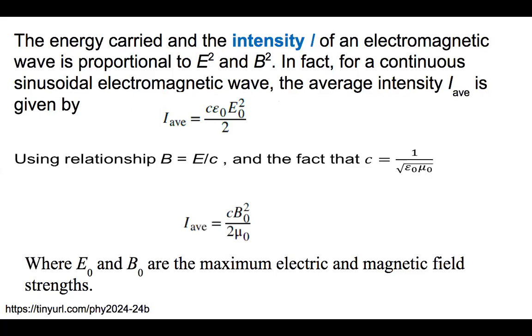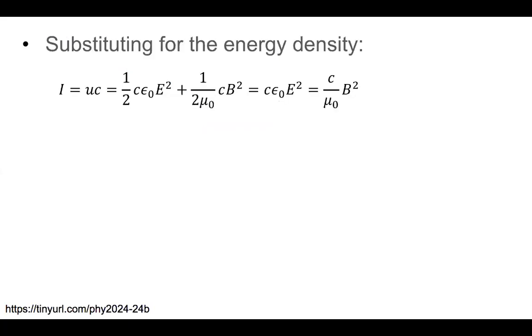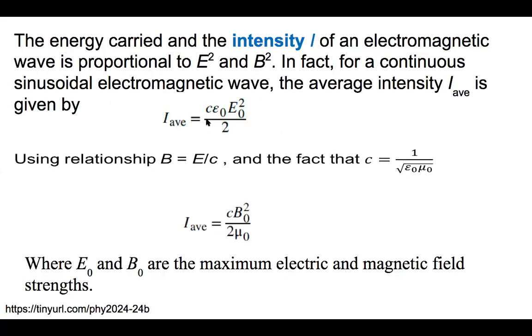All right. So on average, then it's equal to half of the maximum. Okay, so this is maximum density. I'll just have to go back one slide, but here we are looking for the average. So average will be 1/2 of that because E is a sine function, B is also a sine function. Okay, so the average energy density